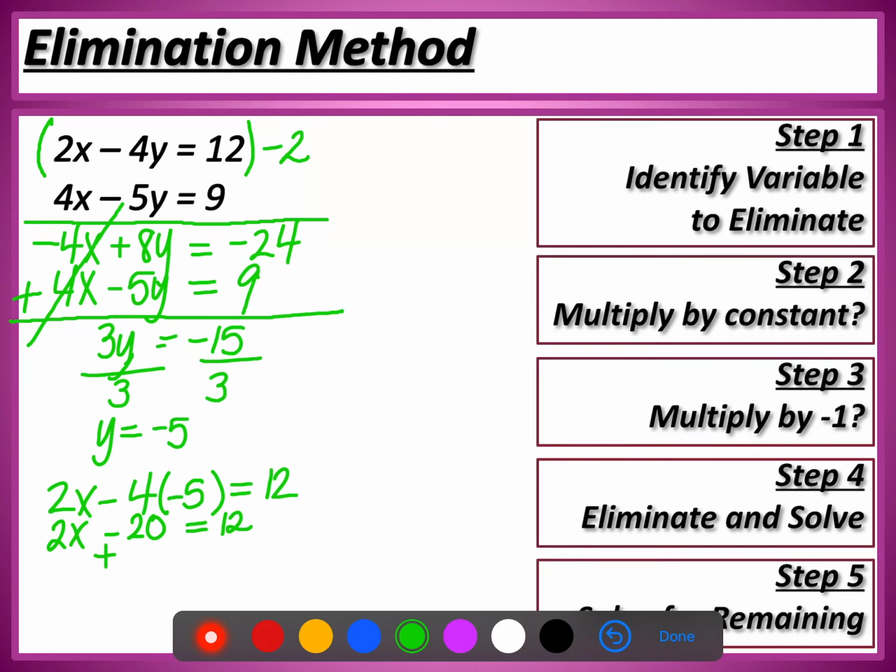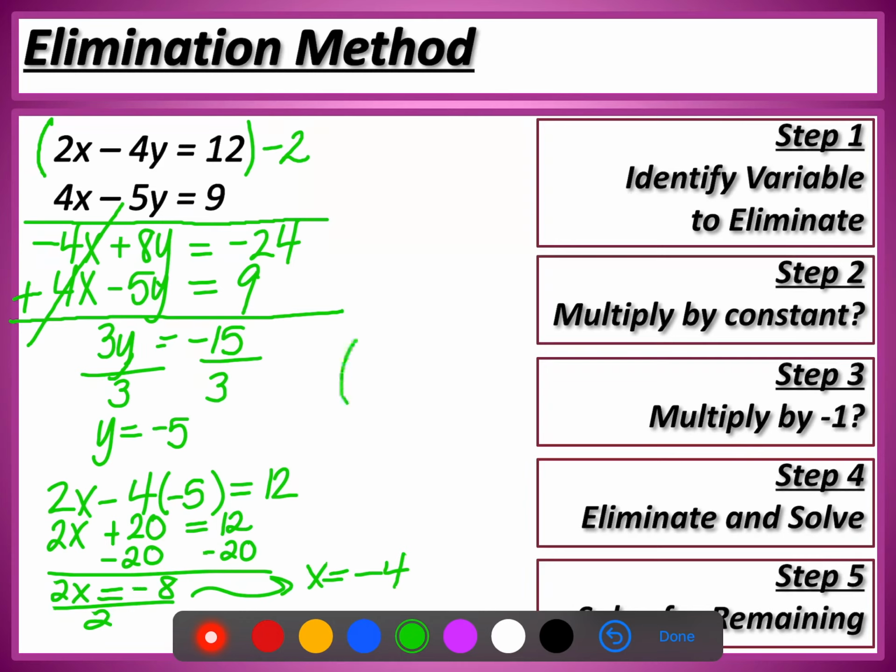It's actually a plus. Sorry. Okay, so I get x equals -4. So my final answer,